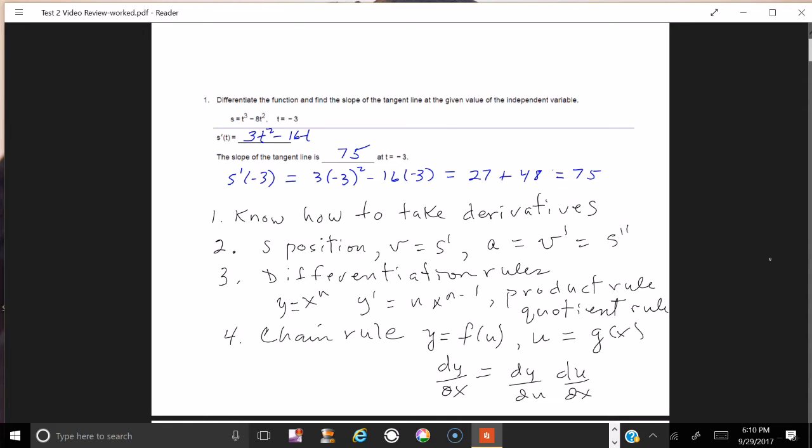The bottom line is you're never finished taking a derivative until you've taken into account every function that you see in the expression. And then finally we're going to be looking at trig functions,